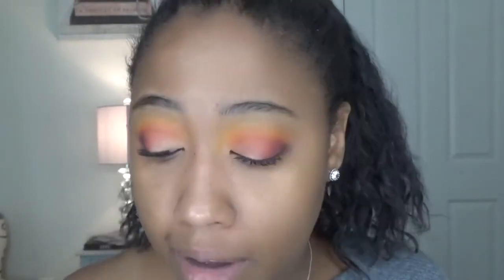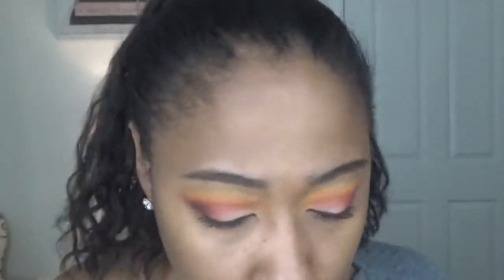I'm gonna tell y'all right now, this foundation is super full coverage. The littlest bit goes a long way. So start out with a little, and then build up if you need to, but don't go in all ham. You don't need a lot. I promise you don't need a lot of this. So I have just a little dot here, and then I'm going to be taking my Superstar Flawless Foundation brush. This is from IT Cosmetics. I'm just going to take that on my brush,